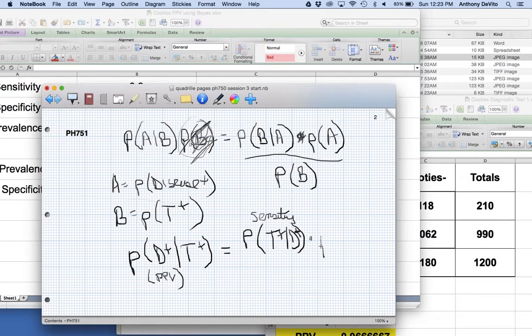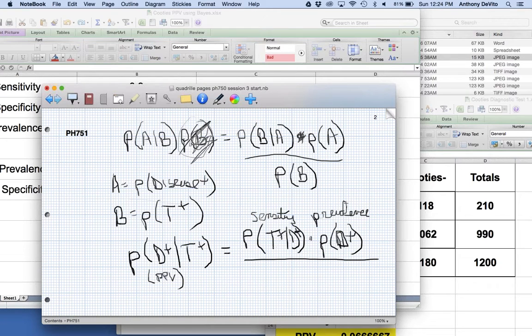Okay, times the probability of having the disease. What's another word for the probability of having the disease? That's the prevalence. In the first example, that was, I think, 16% or 17%. That's the prevalence. And we're going to divide that by,